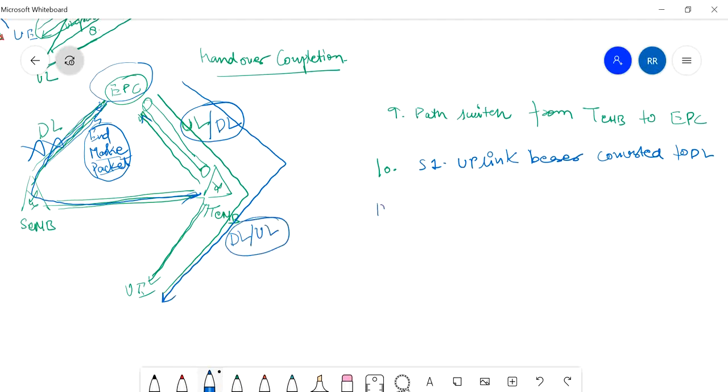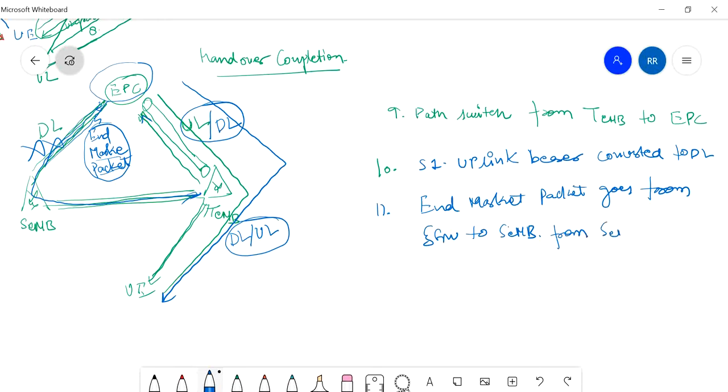Right? The 11th step, we can say, is that the end marker packet goes from the S gateway to the source eNode B, and from the source eNode B to the target eNode B via the X2 link.